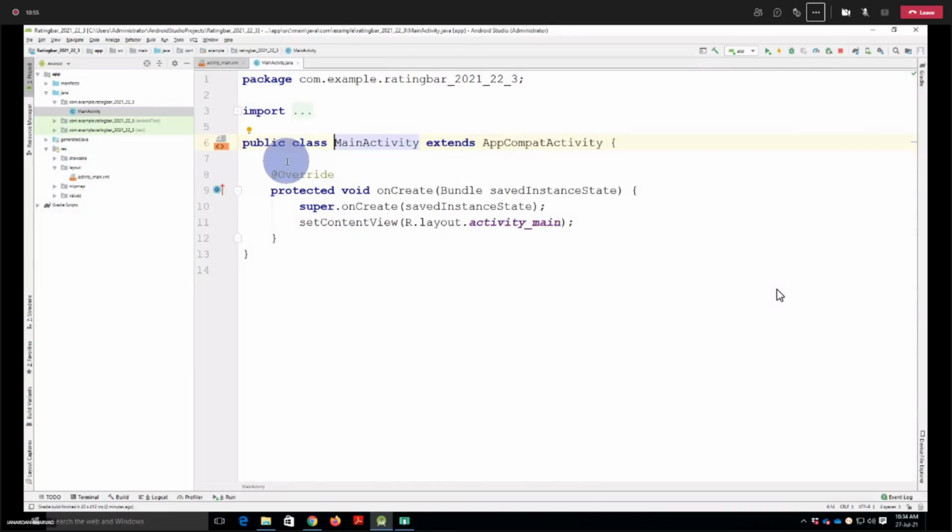As we know that we have to follow the two-step process, what do we have to write first? Declare all elements.